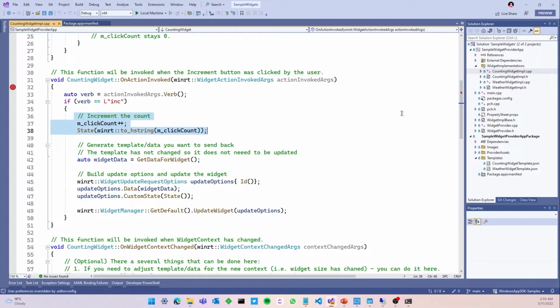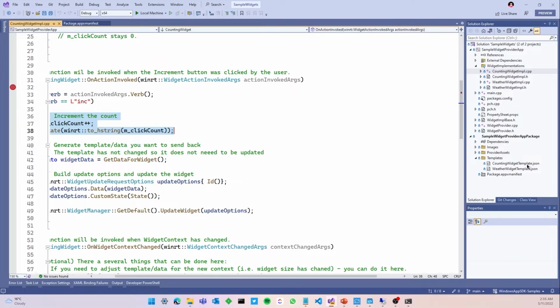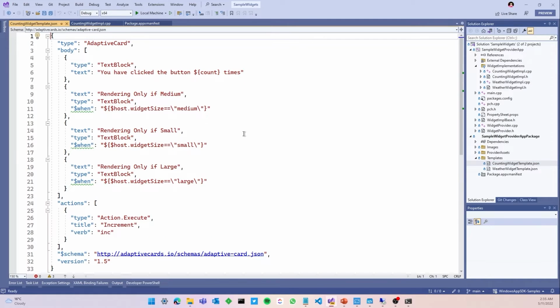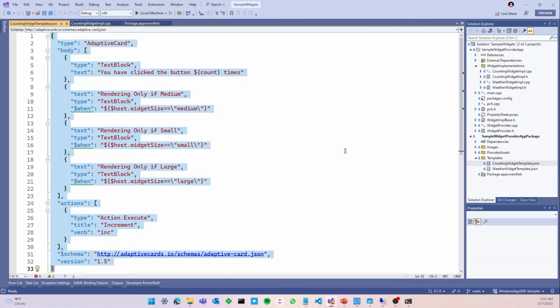Now, in terms of the way that the widget is laid out, that's defined by these JSON files. If we open these, you'll see that it doesn't really make a huge amount of sense, other than we can tell that it's an adaptive card with a bunch of text renders. So let me just grab this code, and what we're going to do is take a look at